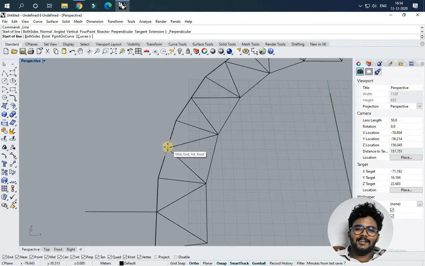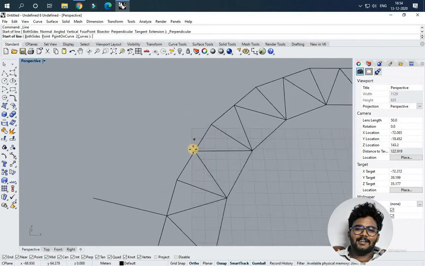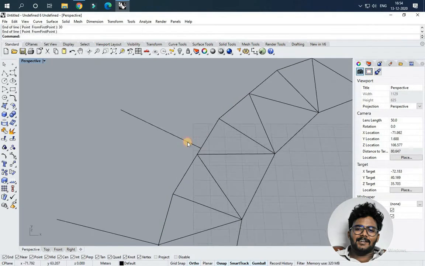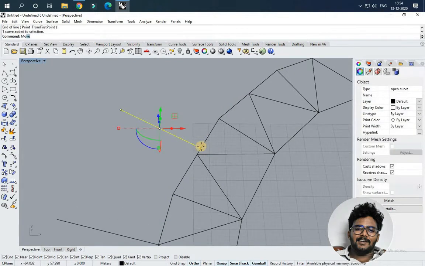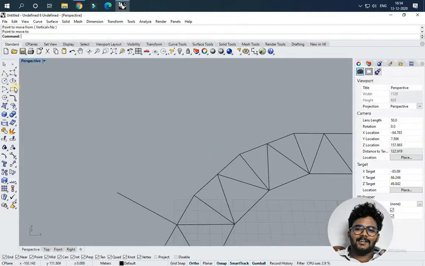Okay, so I'm just drawing a perpendicular line on the triangular corner. Just be sure that it's perpendicular. That's the reason I took this command. I'm giving a value of 30. As I said before, this is a value, so you can keep a line perpendicular, then we should place the line at the exact corner point of the triangle.